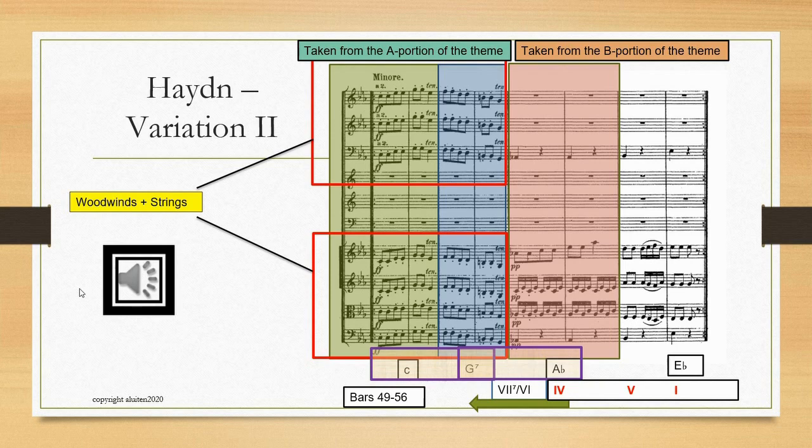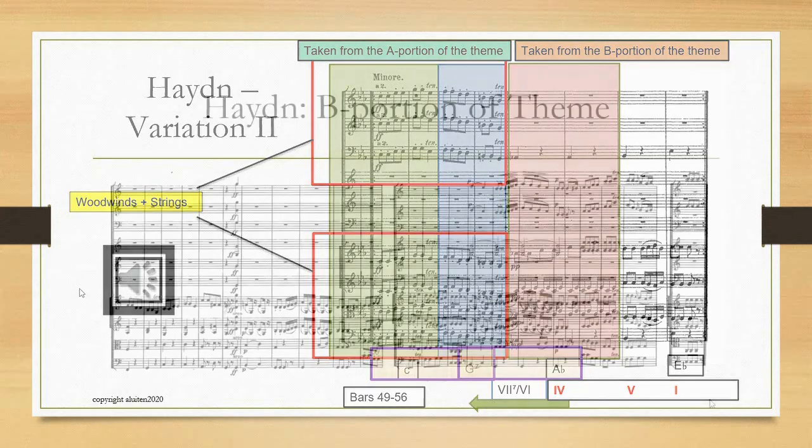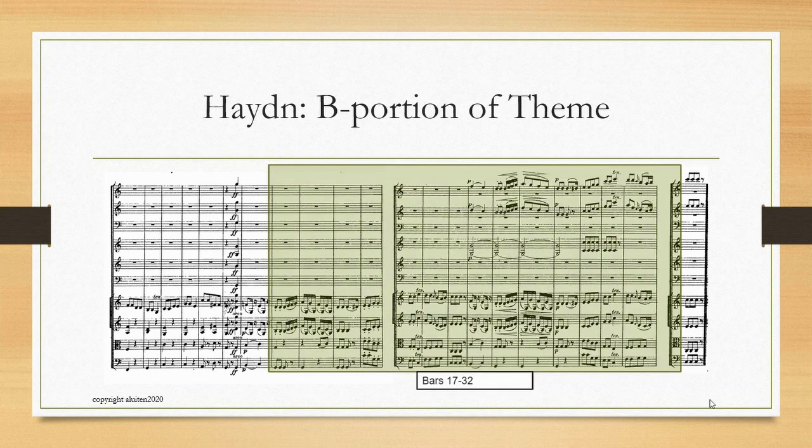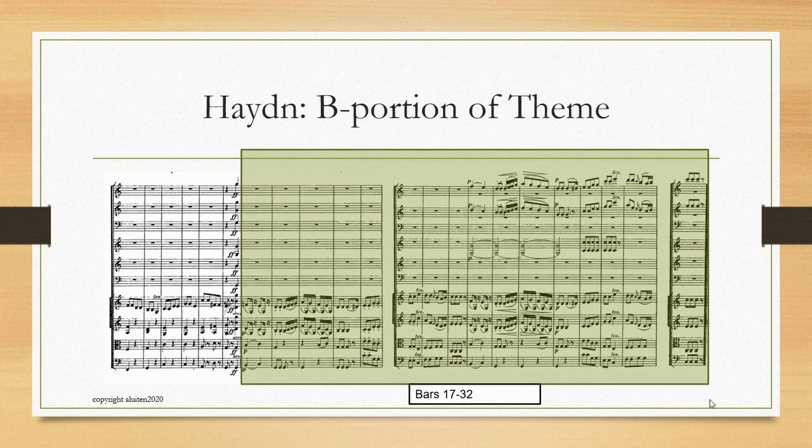Thus, this short 8-bar segment actually is a microcosm, if you will, of the entire original theme, which is 32 bars in length. Continuing with this notion of uniqueness, the B portion of the original theme, bars 17 to 32, is ostensibly absent in the second half of this variation